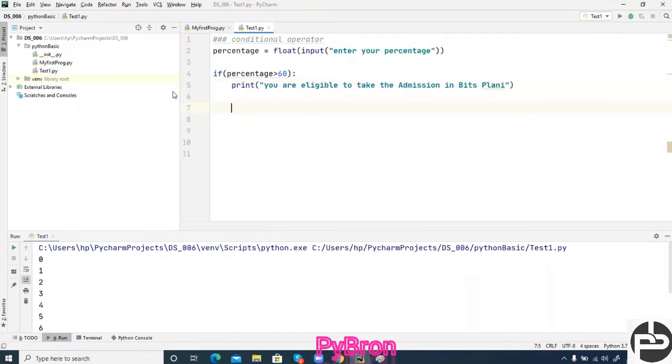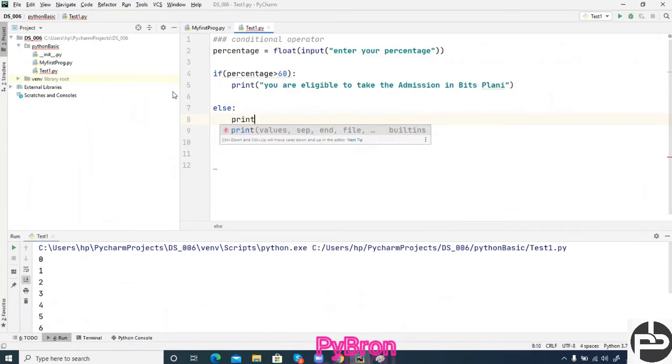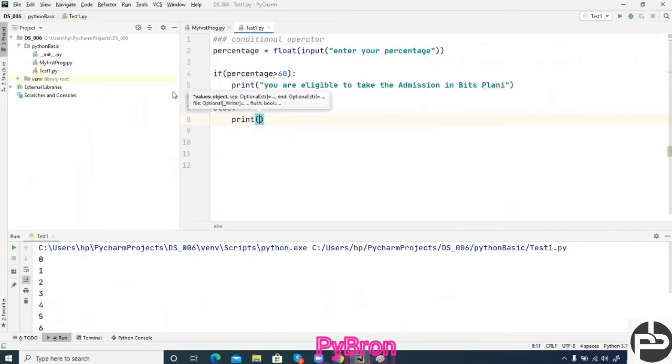If you have less than 60%, put the else condition and print you are not eligible.